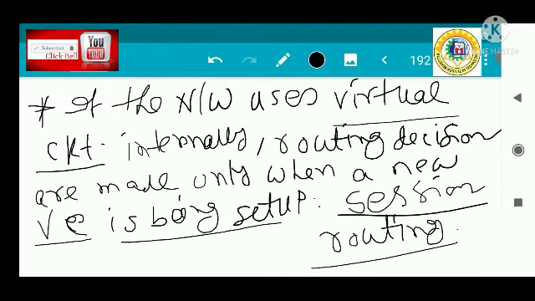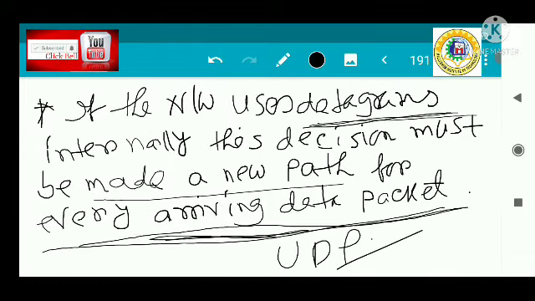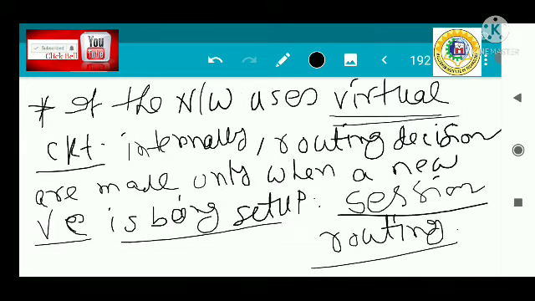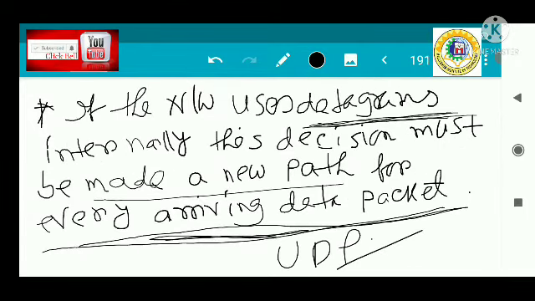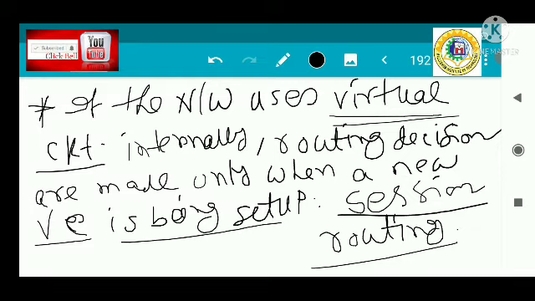Now if you want to know about the virtual circuit, the virtual circuit is a means of transporting the data. This is the formal definition that I used in the case of the datagram. So whenever the network uses the virtual circuit and whenever the network uses the datagram, in these two cases the router actually makes the decision differently. So in the case of the datagram, it makes its decision for every new path for every arriving data packet. So that is all about when the network uses the datagram, and I have already said what the definition of the datagram is.